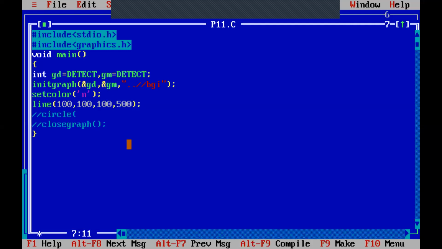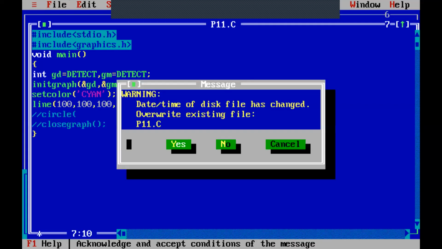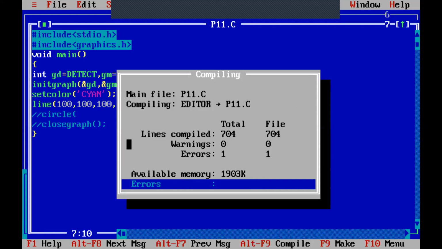So only the name of the color you have to write, and that too in capital. Then only you can get the output. Double quotes only. Okay.